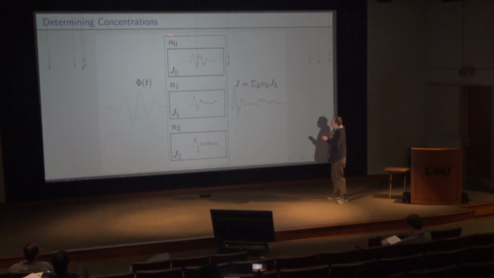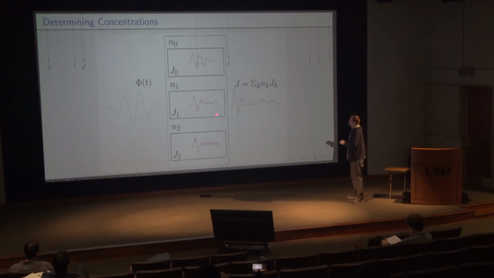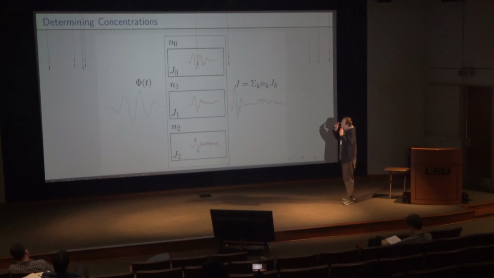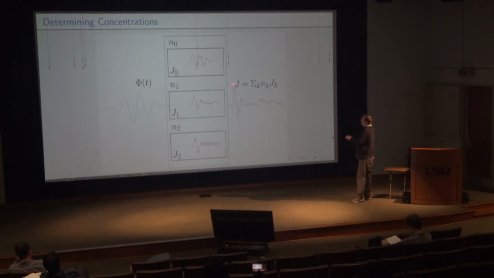So we have this mixture with relative concentrations of these different systems, and they don't interact, but each of them has their own optical response. And so what you get out at the end is going to be some summation of all of these things with their relative concentrations. And the idea is to say, okay, given I have this output at the end, and I know what kind of potential species I have, so I know the pure systems' optical responses, I have a library of these, can I determine the relative concentrations just from this?